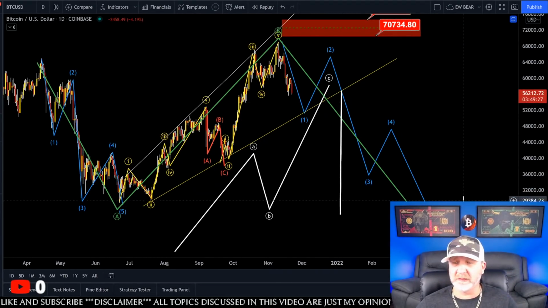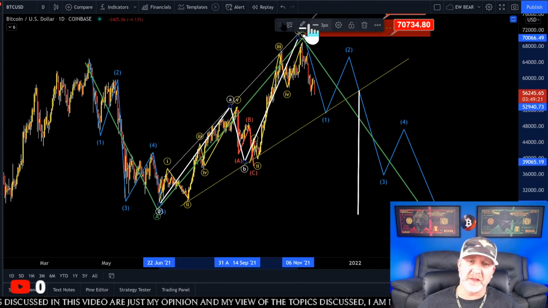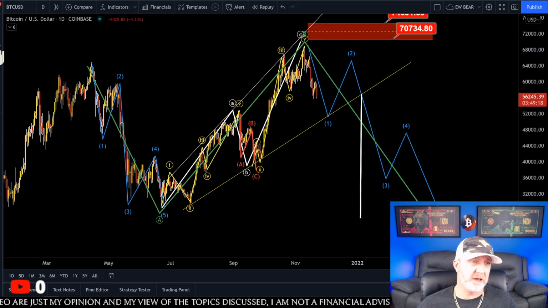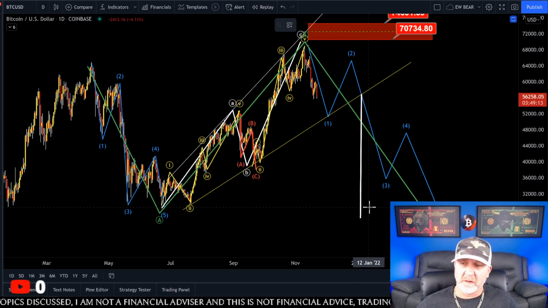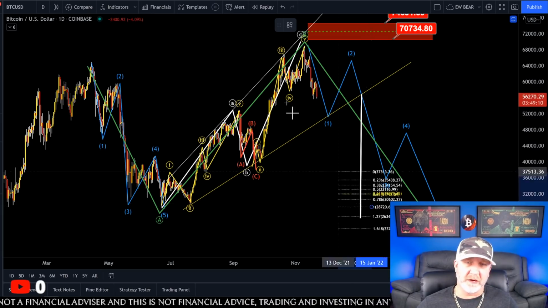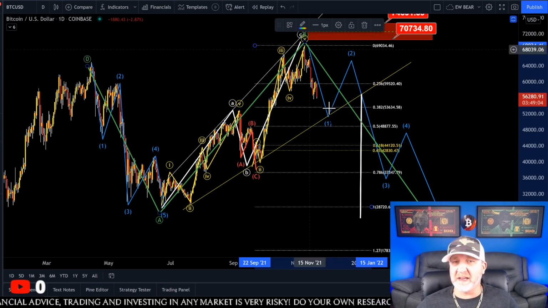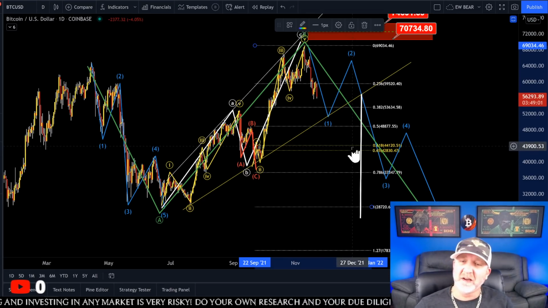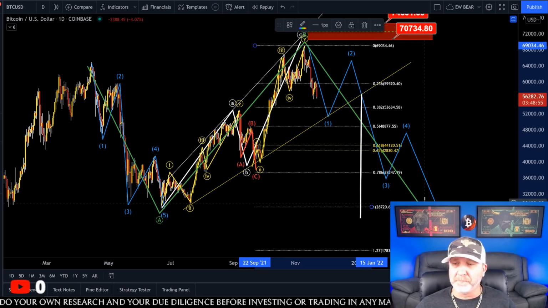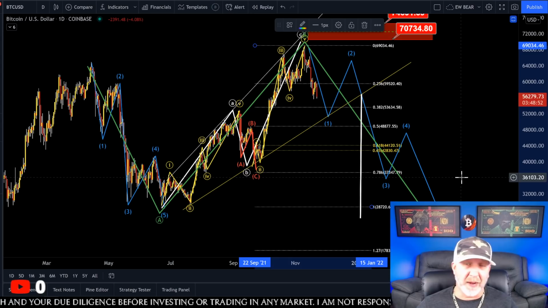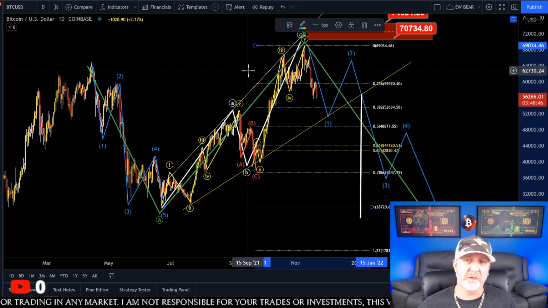We could go as low as the 20,000 range. But if you guys know about that irregular correction, let me show you something. If we go from the low over here, right about there to the high, it has to go down to at least the 0.618 if this is valid, and that would be at least the mid 40s. We'll be looking at least the mid 40s, but possibly it could go as low as 25,000, possibly even lower. This has no limit to how low it can go, but we'll be keeping up on the wave count. We'll know what to look for and what we're looking for.